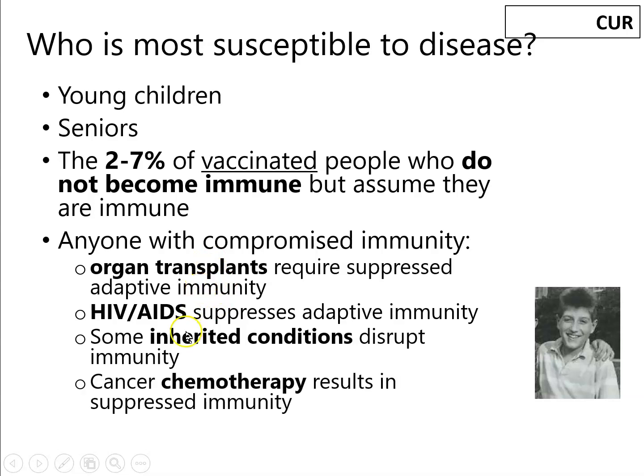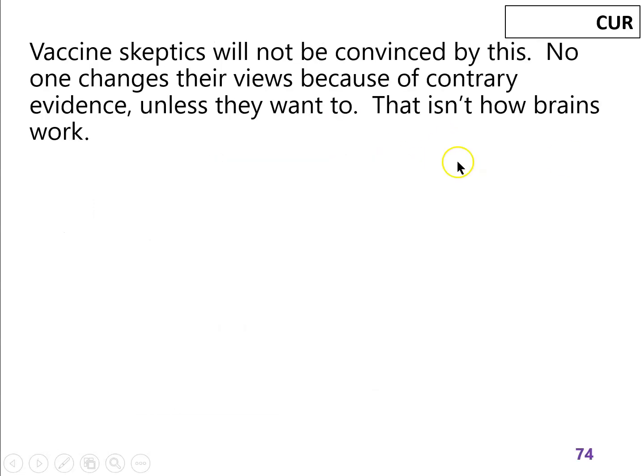So if they've had an organ transplant, or they have an advanced disease that disrupts their immunity, or they have conditions they're born with, or they're getting cancer chemotherapy, all these people are going to be more susceptible to any disease. And so as a society, we have to decide, are we willing to take vaccines to slow down infections and protect these people who can't be vaccinated? And I don't think there's anything I can say that will change the mind of a vaccine skeptic,